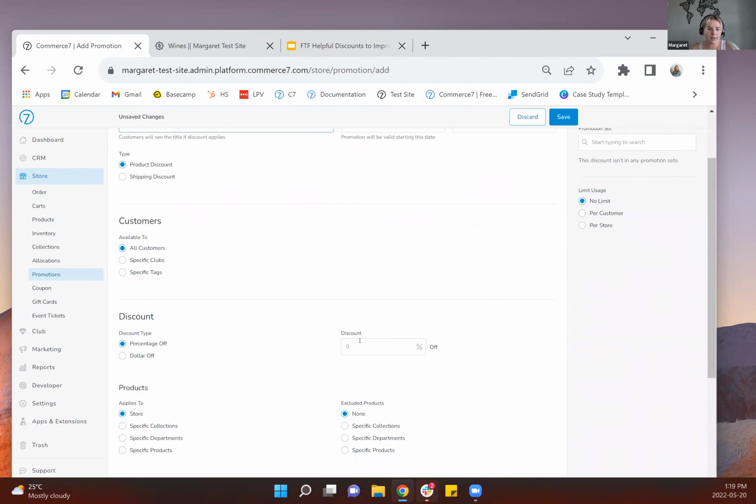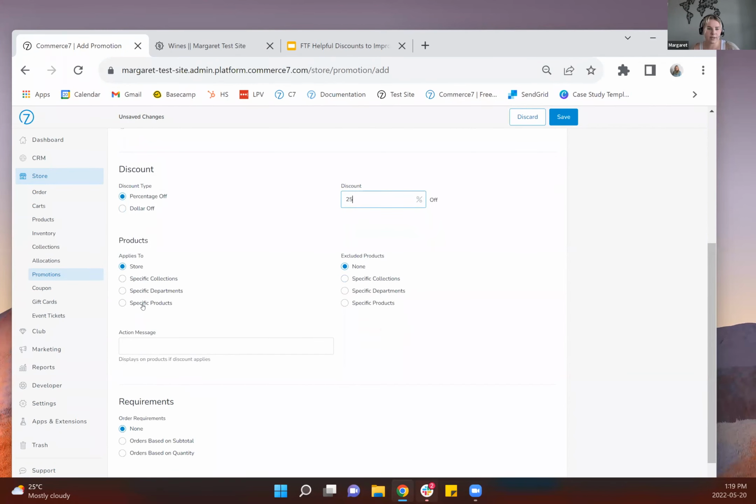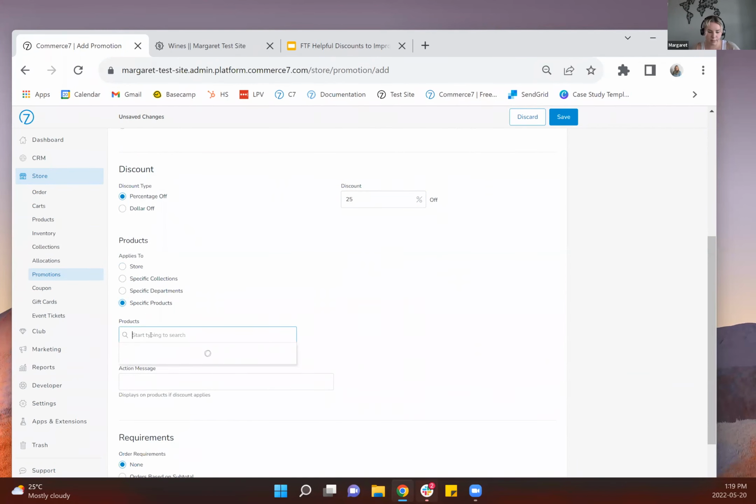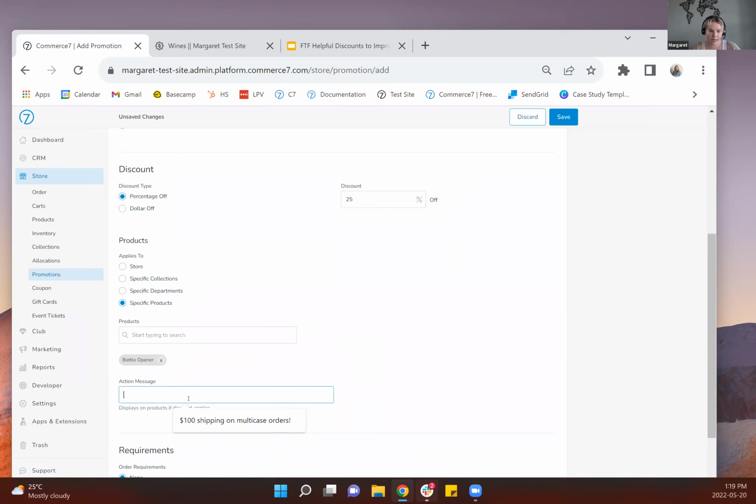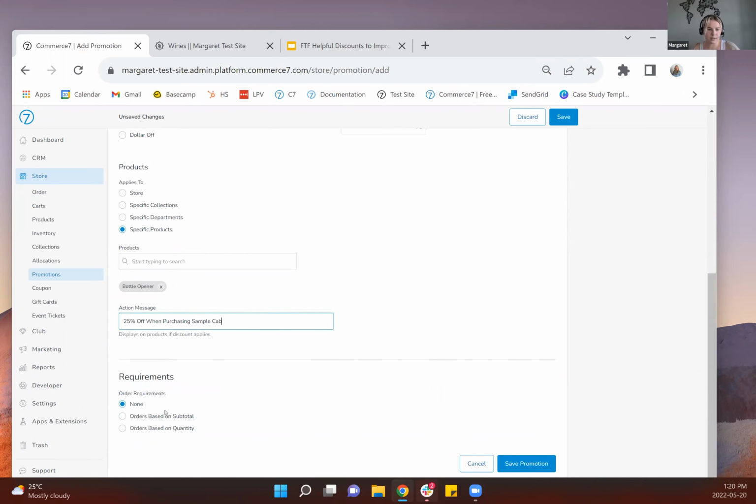Product discount, maybe we'll do 25% off the total for this specific product. So we'll specify the bottle opener here. And we would say 25% off when purchasing sample cap. Awesome. And again, if you would like to place it on specific subtotals or quantities, feel free to do so